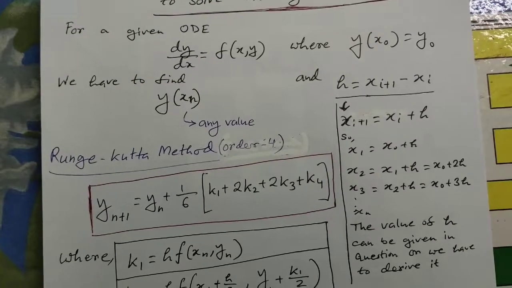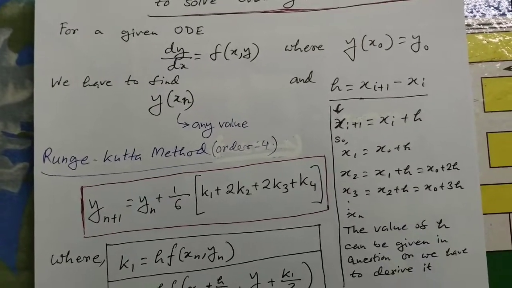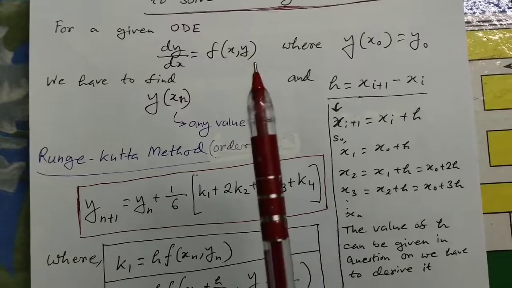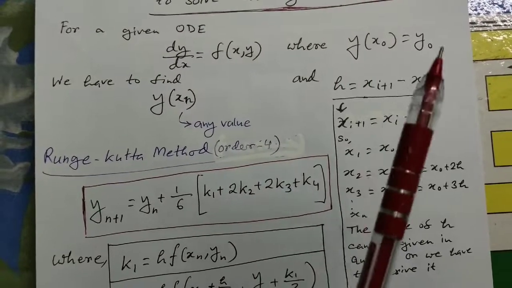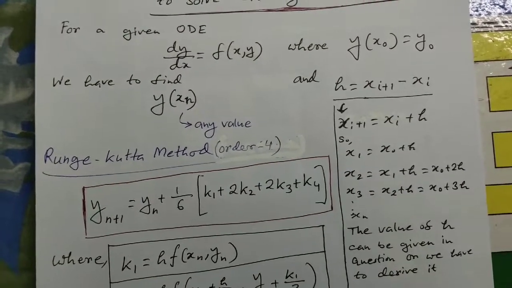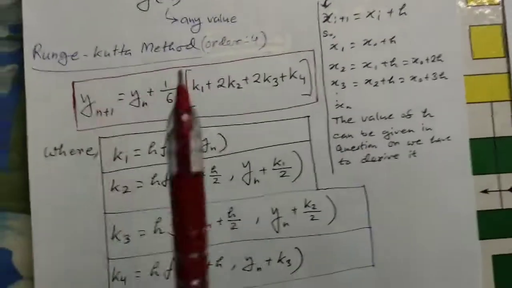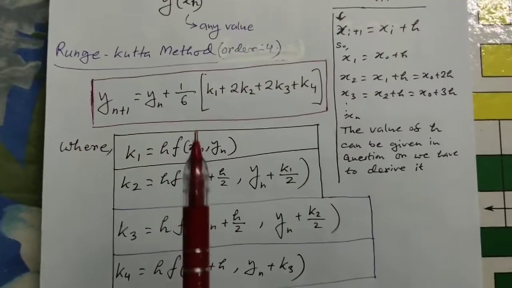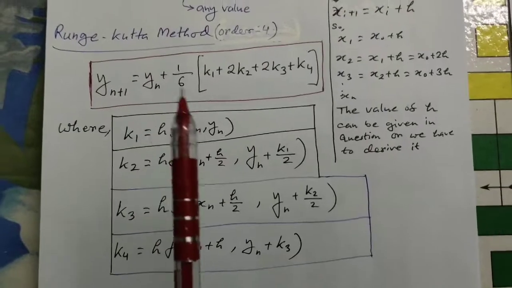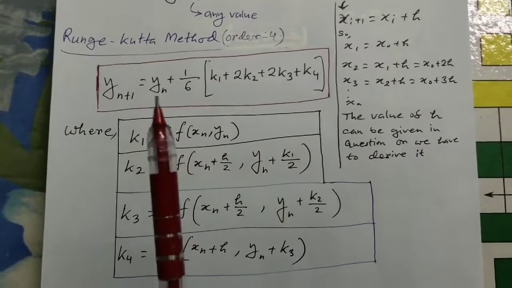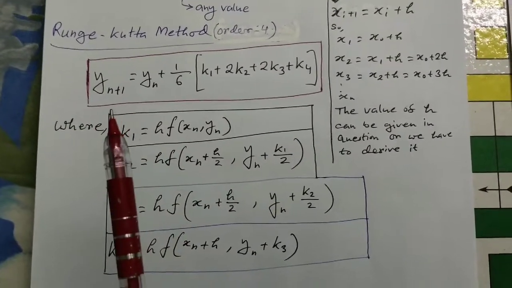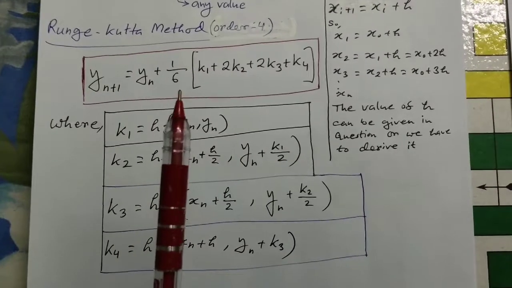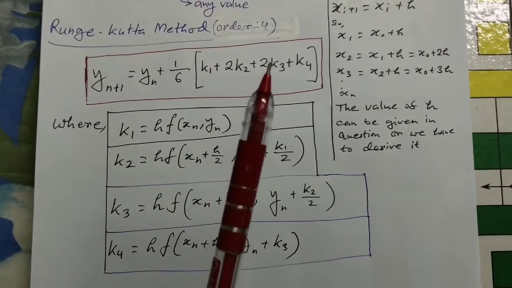Now what is the Runge-Kutta method? As I said, it is used to solve an ordinary differential equation of the form dy/dx = f(x, y), where y0 and x0 are given. Here we have to use this formula. I found this one the easiest for order 4. It is y(n+1) = yn + 1/6 (k1 + 2k2 + 2k3 + k4),